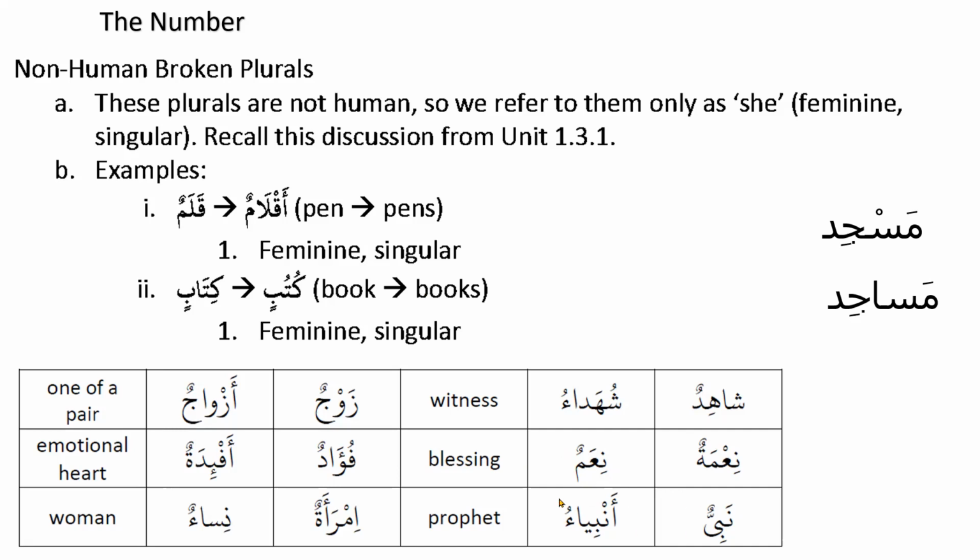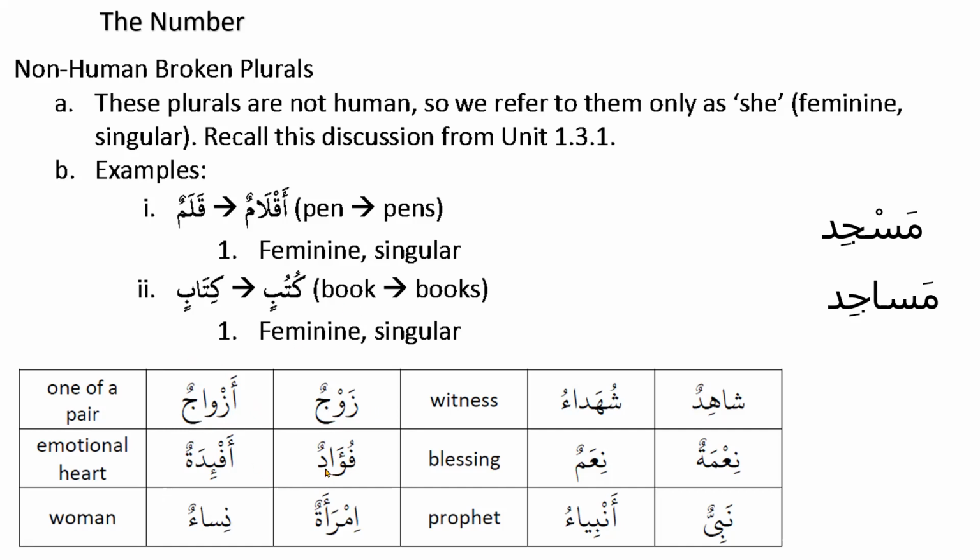Okay. Nabiyun, we already talked about here. Zawjun, okay. Zawj means pair, and zawjun means one pair. The meaning of the word is pair, or it can also mean spouse, most of the time, your wife or something. And in Arab culture, most of the time, zawj actually means wife, usually, but it could mean spouse. So even the wife can say that, okay. And the plural is azwajun. It's not zawjuuna or zawjiina, okay. So the plural is azwajun, but this is a human thing. It could be human and sometimes non-human, but both answers are right, okay.